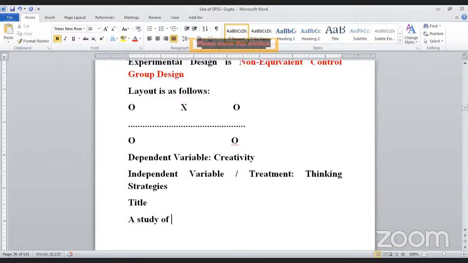Now, if it is an experimental study, you must use the word effect. So, whenever you want to do an experiment, please explain when to use experiment. If you are interested in conducting a research which is experimental in nature,